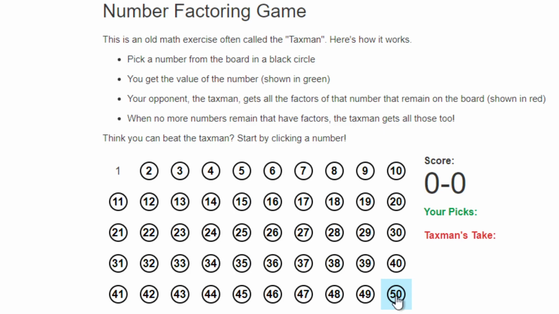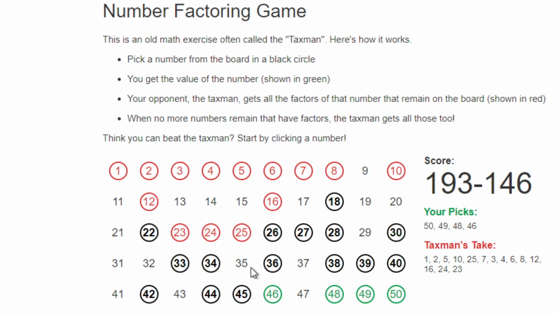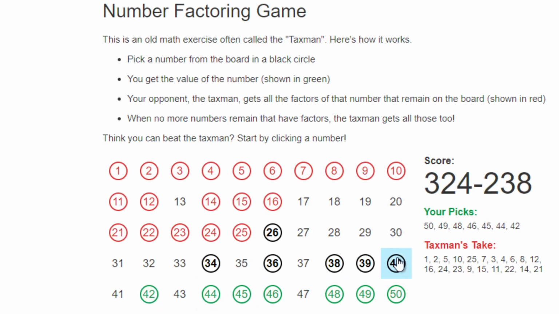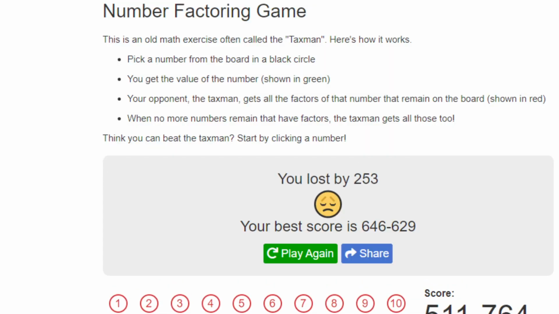I will call it dumb because it will not work. I will show you. So you just select the highest number available every turn. You don't care what he takes, what he does. You just go straight up here and you select all the numbers. And what happens